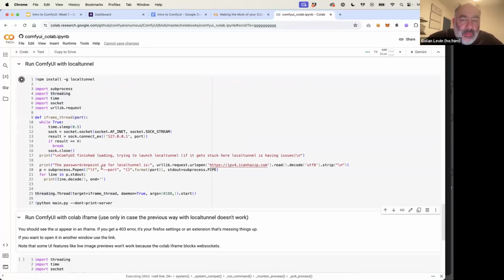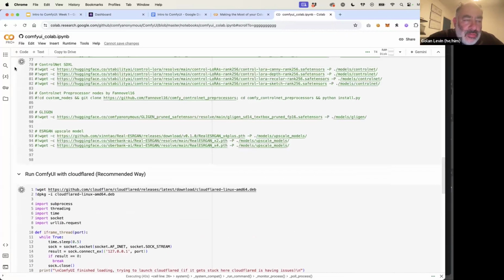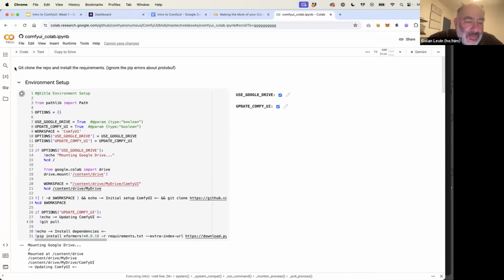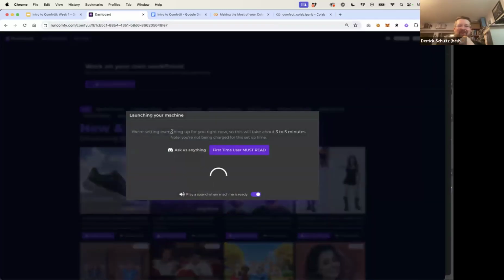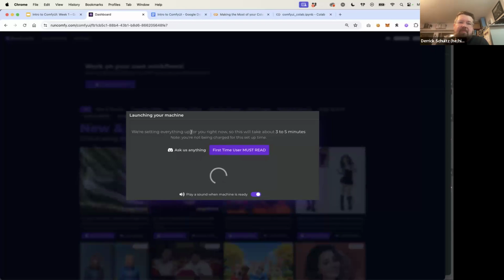Are you just doing that because the Google GPUs are easier for you to access, or faster, or cheaper? I'm doing it because there's a chance that we've crashed RunComfy completely, and I want to be able to show people how to do stuff today. Okay. I do a lot in Colab. I have many courses and videos on using Colab if anyone's interested. I would assume it's probably going to end up being cheaper than RunComfy, because with Colab you get access to nice GPUs for a fairly affordable price, because it's all Google stuff. I do a lot through Colab, and I have a lot of credits built up, so I can burn through stuff pretty quickly.